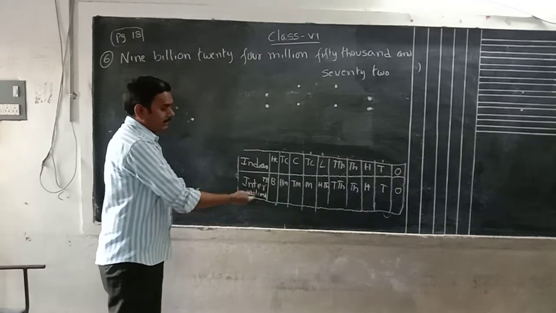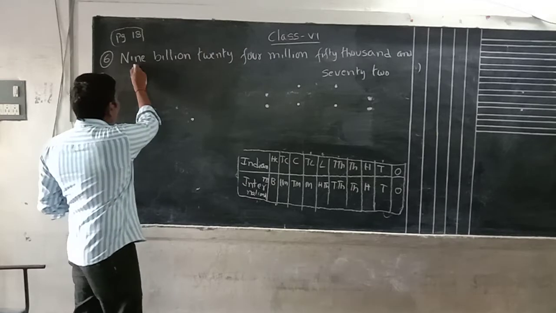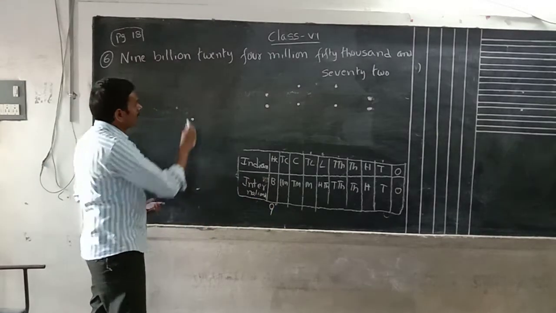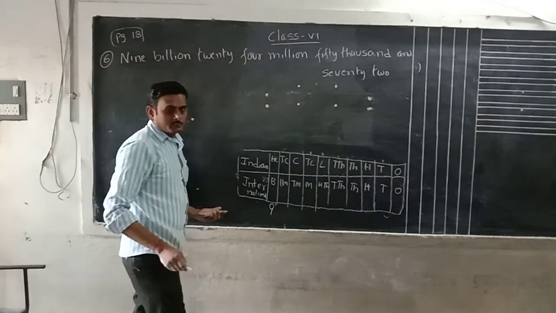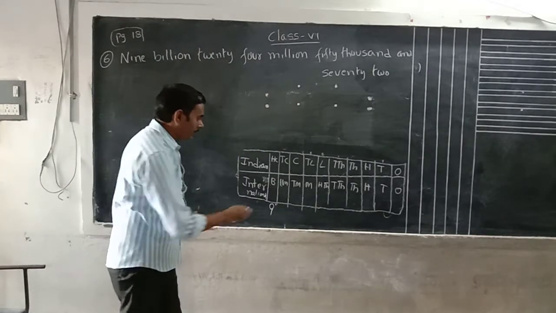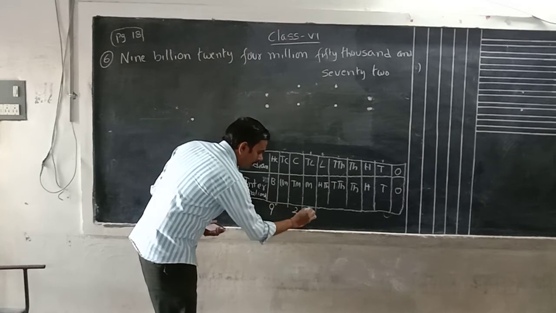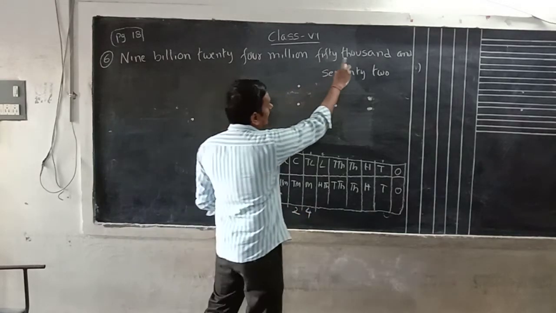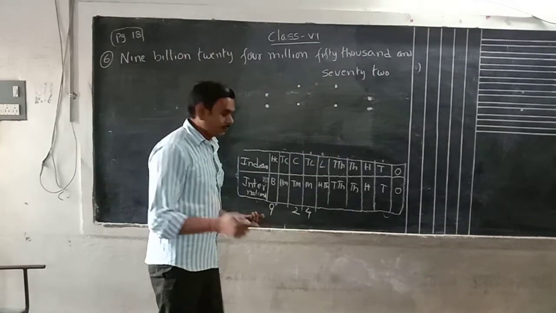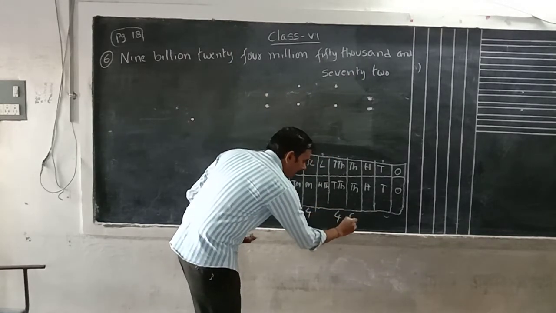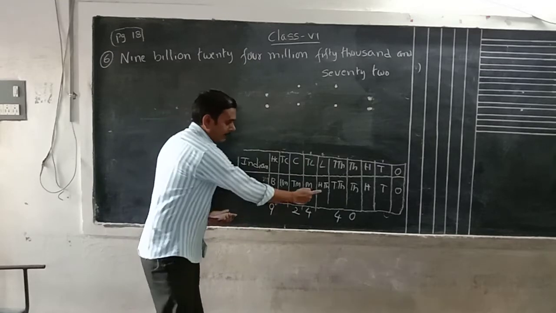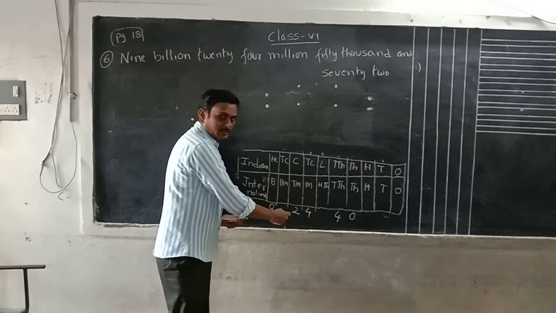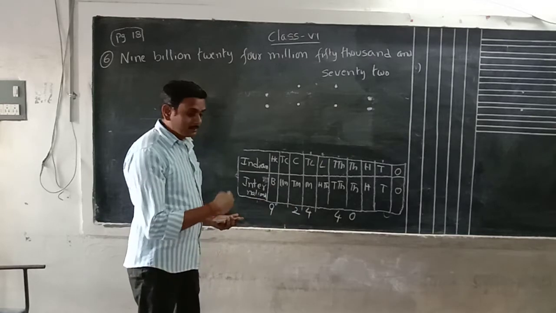Where is your number in the international system side? What is the 9 billion? That means the billion side. What is the number? 9 billion. 24 million: 24 is a 2-digit number, which means 10 million place, after that we have 24 million. 40,000: 40 is also a 2-digit number, that means 10 plus 40,000. The hundreds place is not given, that's why it is written from the 10 place only.